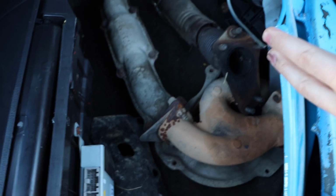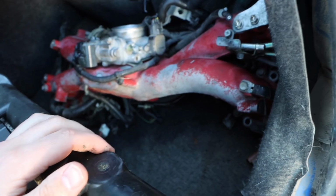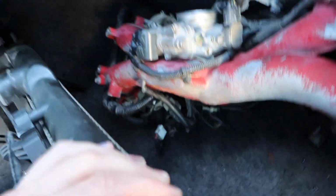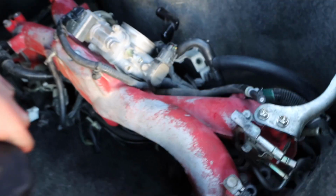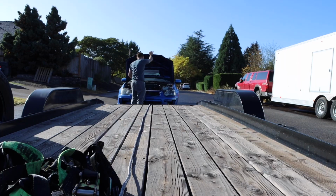Looks like an up pipe, header, intake manifold, spray painted red. Or is that an STI manifold? No, I don't think it is. Oh, 4WX. Sick. Is there injectors in there? Still some injectors. Are those STI pink injectors? Maybe? They are pink. Does that mean they're STIs? I don't know. I mean...